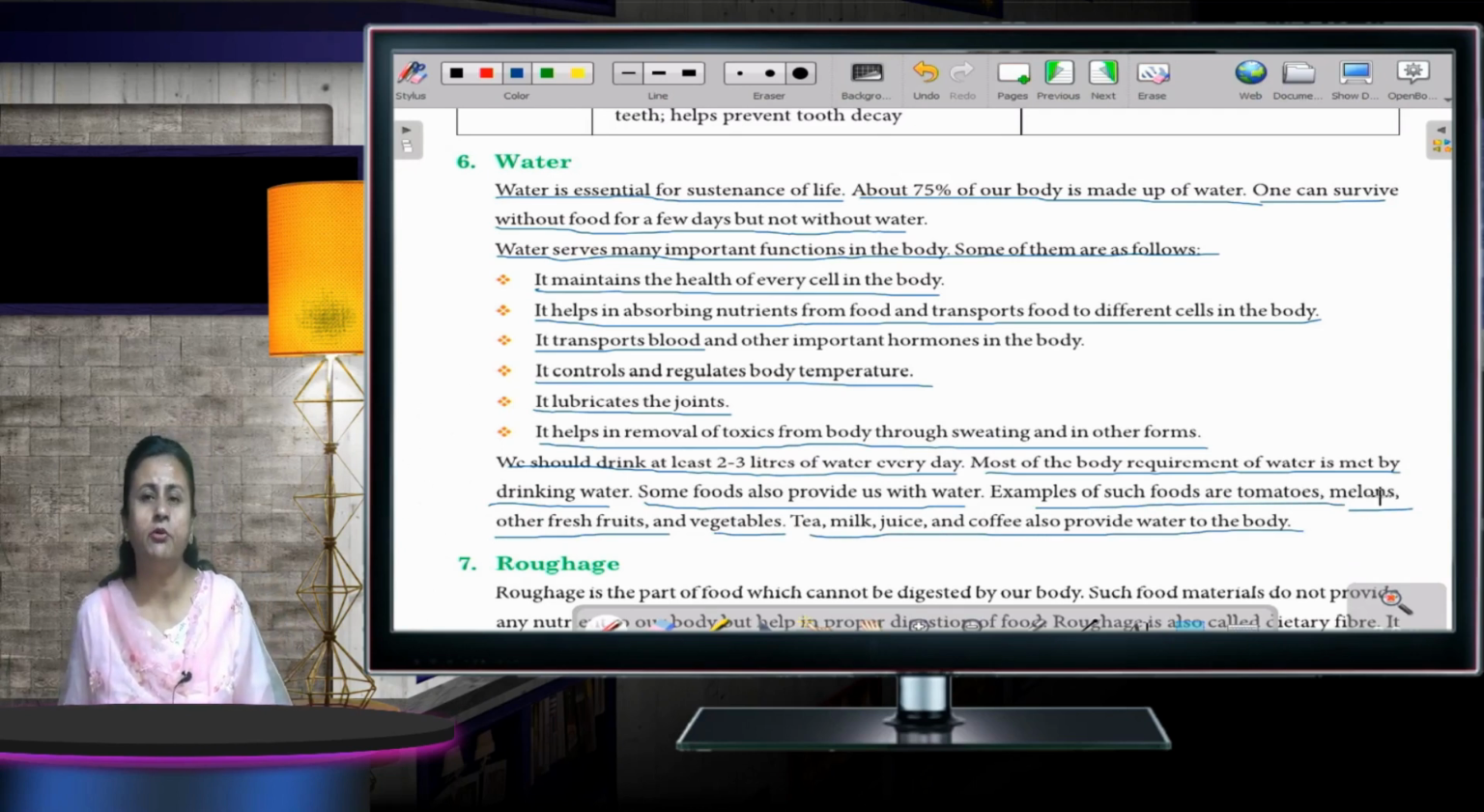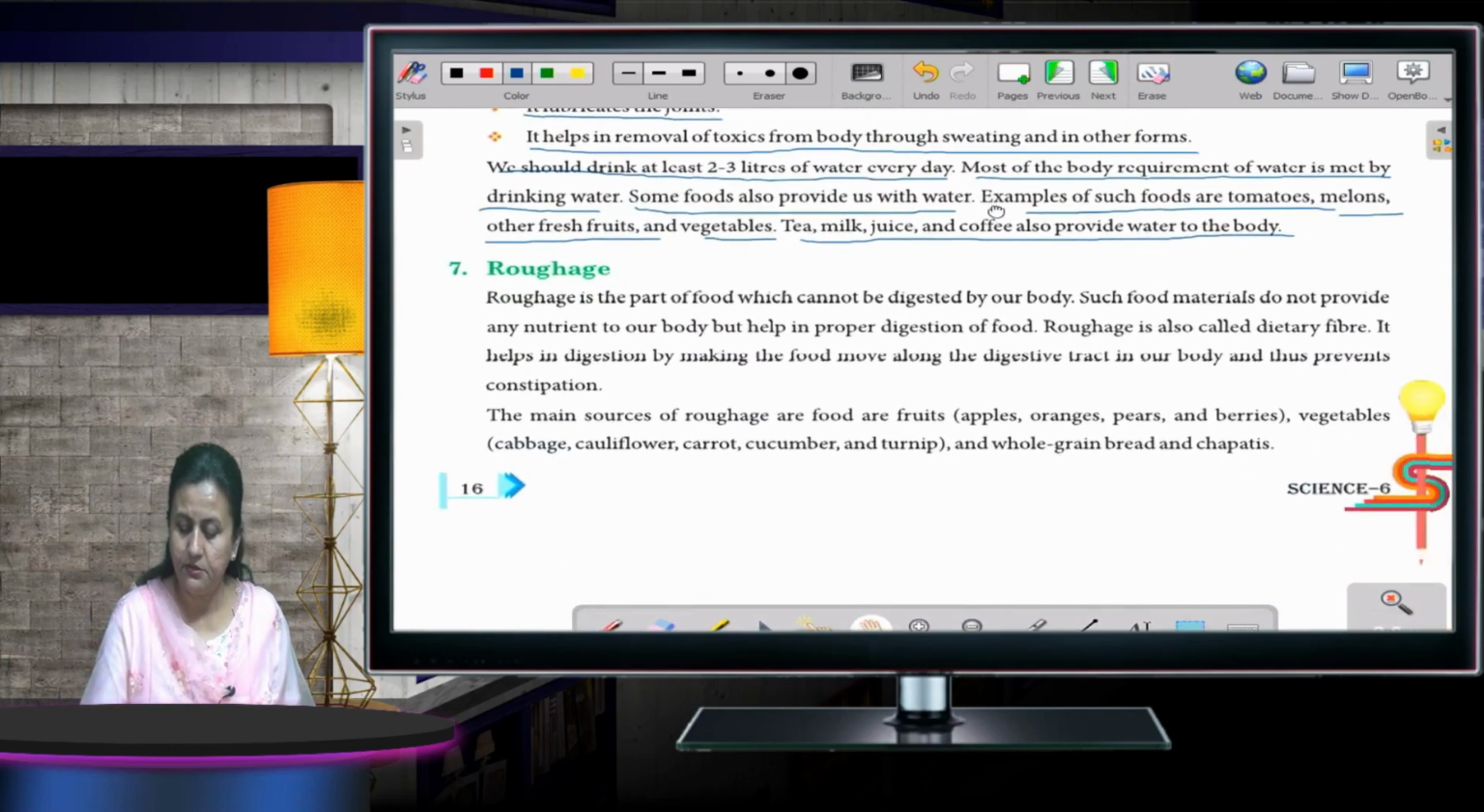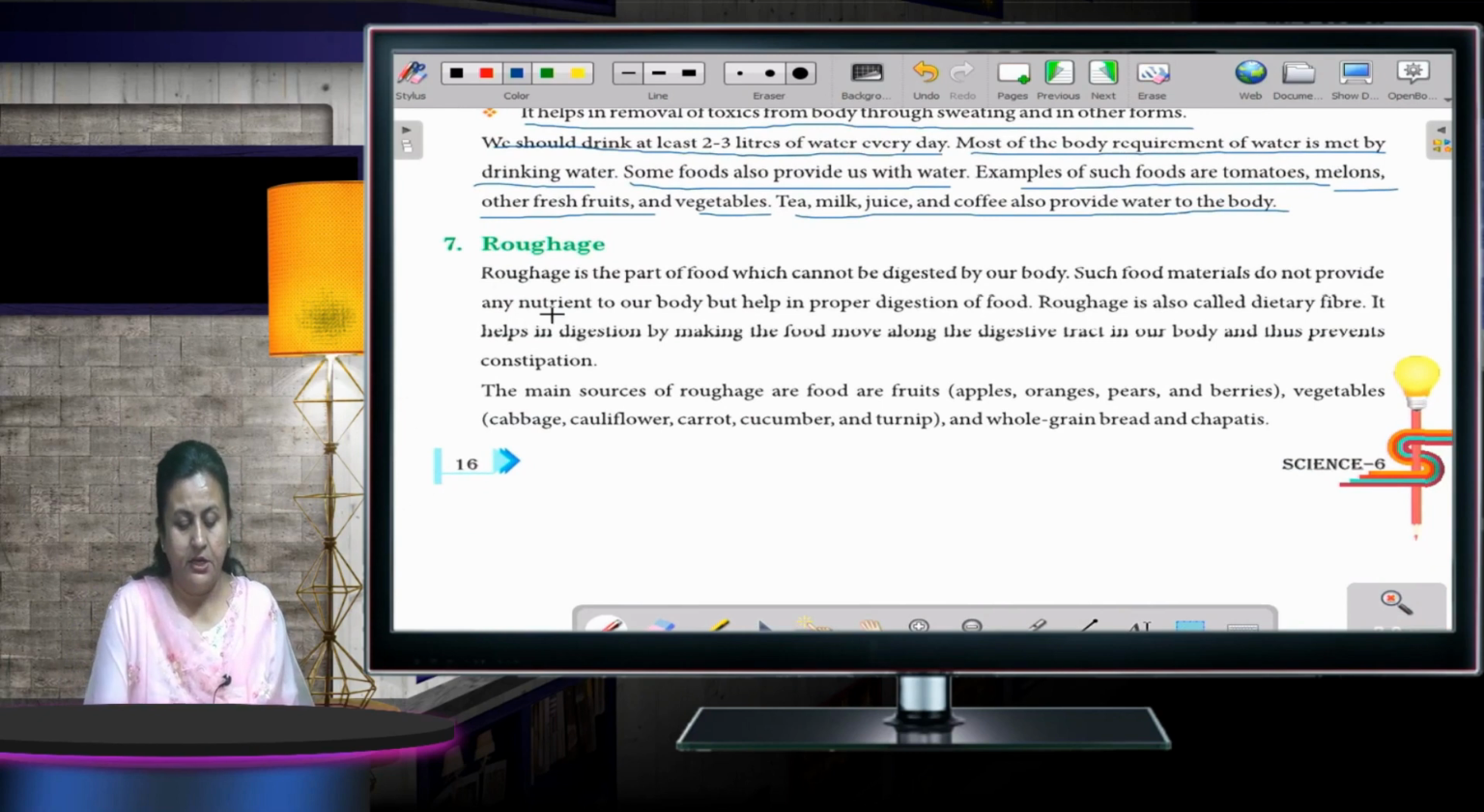Now we'll talk about the last component, that is roughage. Roughage is the part of food which cannot be digested by our body. Such food materials do not provide any nutrient to our